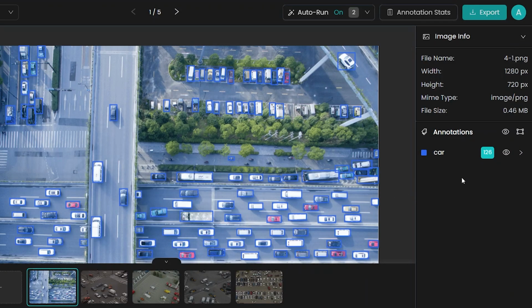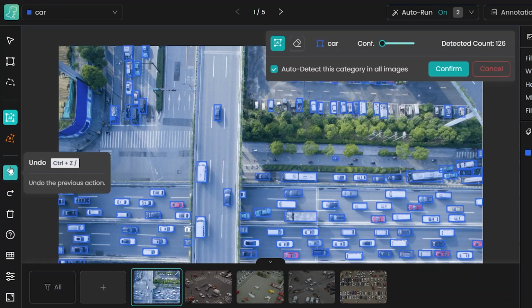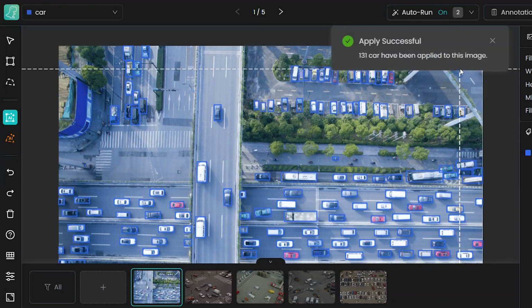Now, here are some pro tips to maximize your speed. If you want to get the best results with a small labeled dataset, then you can use auto labeling to scale. You can also maintain consistency in your labels. You can use the same naming conventions across your dataset. Another great tip is to review all of this in batches rather than doing it one by one,